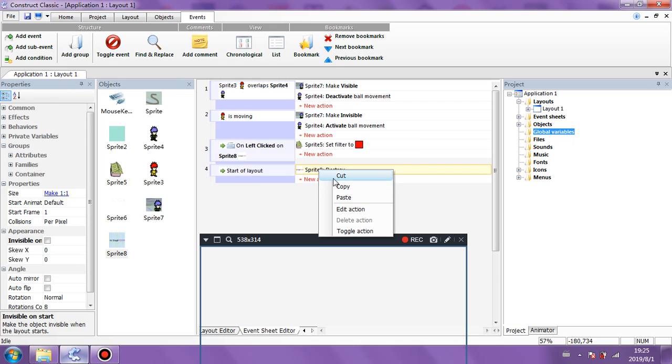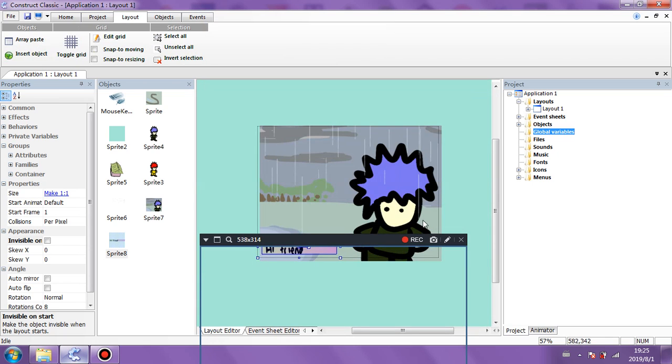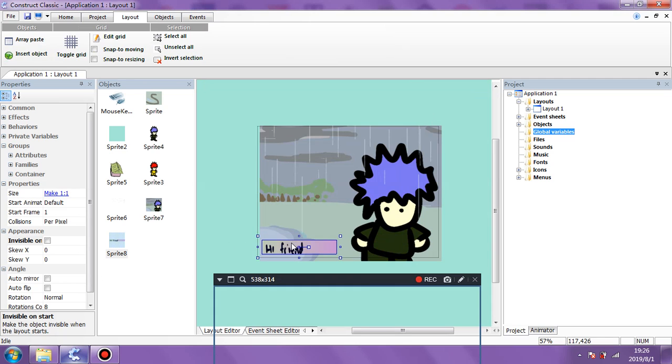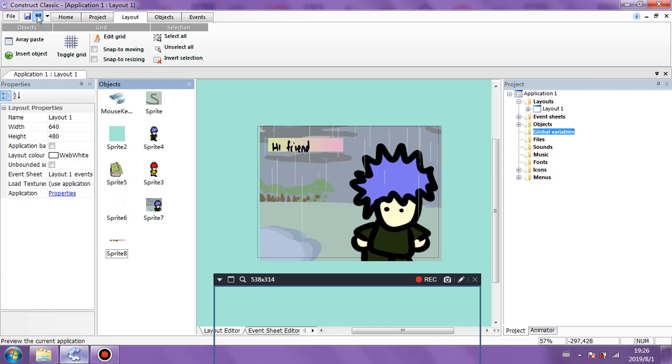Start of layout, destroy. So get rid of all that, first of all. Visible movement. Clicking on that will do that. Changing the house, good. So let's go back to our main layer. This should be invisible. We're going to move it to another position just to see what that's like, okay. And let's play the game as it is now.